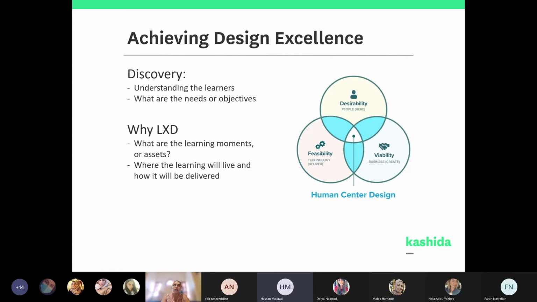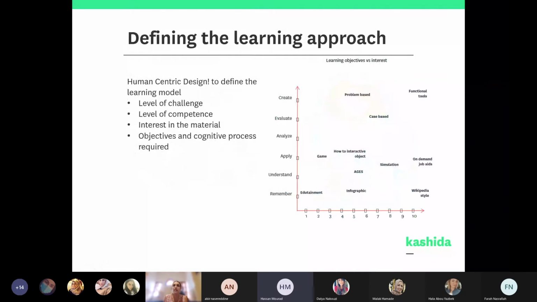And then we conduct a learning experience design process. The reason we do it is so that we can identify what learning moments are needed, what the learning path is, and where this learning should live or how it will be delivered. Sometimes it can be a blended model with synchronous sessions. Sometimes it can be fully online and remote. And sometimes it can be fully synchronous with different media types that will enhance the learning. This is something very important on why we create a learning experience designer. So this is one of our methods to at least identify what learning approach we should tackle.